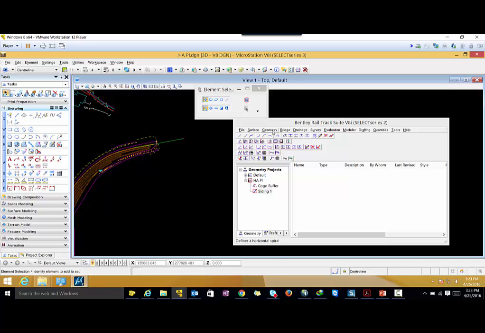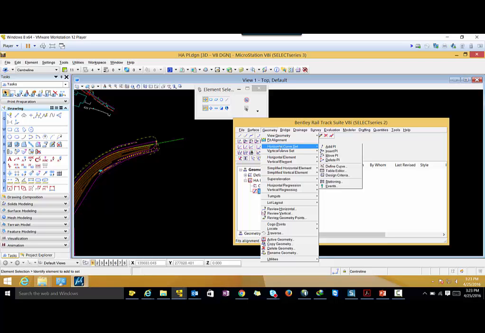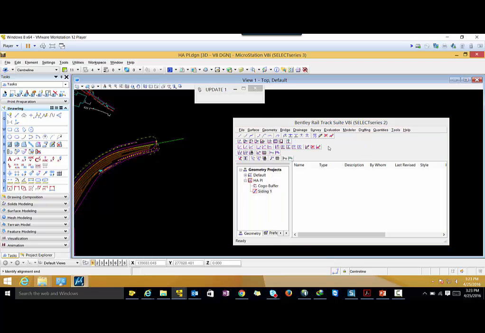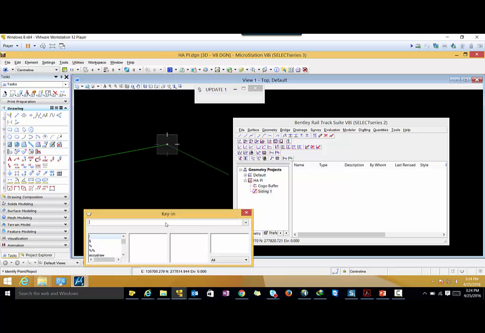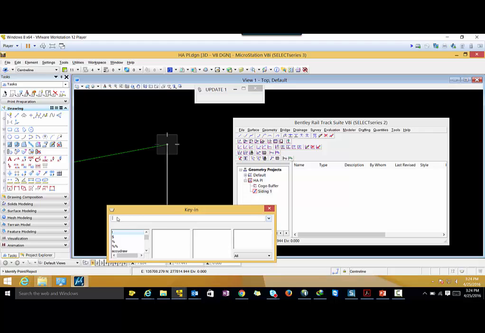Now I will go to the geometry, horizontal curve set, and add PI. This will prompt me to the end of the alignment. I will click the upper end of the center line and then I will use the precision input, which is called Utilities and KeyIn, and I will type